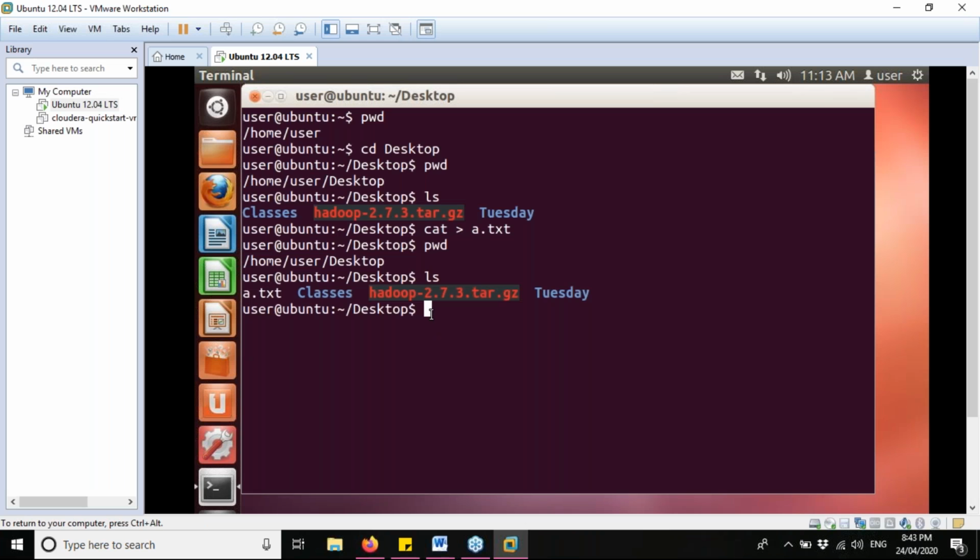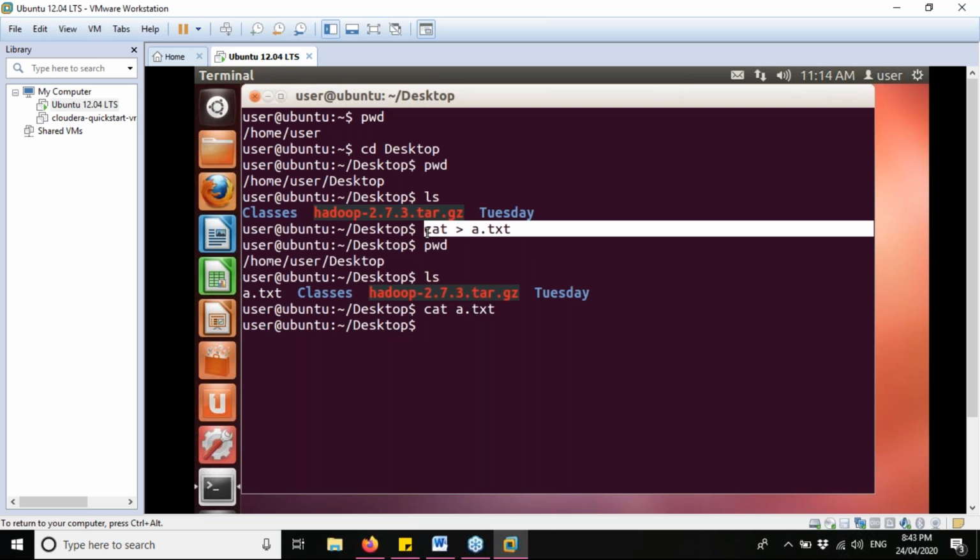The command for the same is very simple. Just write down cat space a.txt. We will write here the one which we have just created. Now hit the enter button. Now it doesn't show anything. It is not showing anything here because, see guys, while we created this very file, we did not enter any contents. We did not write anything.